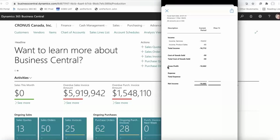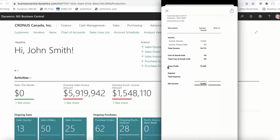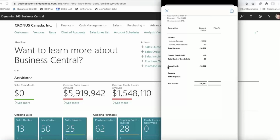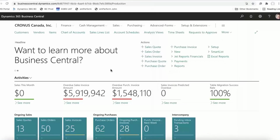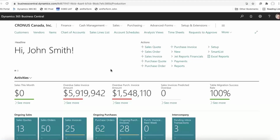So I think when we think about a modern ERP, we have to think about first a great experience for the user, totally integrated with Outlook, totally integrated with Microsoft Office, full-featured mobile app, and again, working on all browsers. Some of the other things I think that Microsoft has really done well with Business Central is the overall user experience from